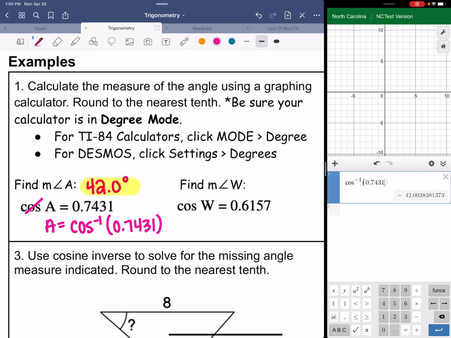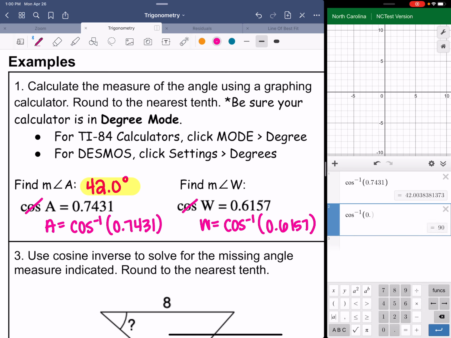Let's do one more like that. Finding the measure of W, if cosine W equals 0.6157, we're going to take the inverse of cosine on both sides, which would leave us with W equals cosine inverse of that decimal number. So functions, cosine inverse of 0.6157. And that gives us